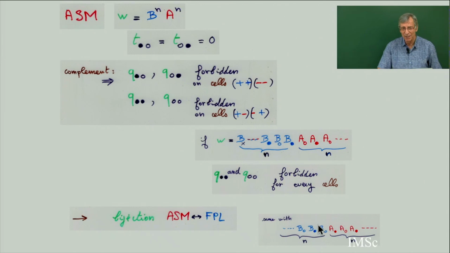Also it works, you can alternate, there are 2 different ways to alternate the boundary condition. So this is an explanation of going from one configuration to the complement, and seeing what the forbidden terms are in the complement, and then to have a nice form of the condition, to translate this into this. So it does not depend on the geographic position. Here it depends on the geographic position of the cell.